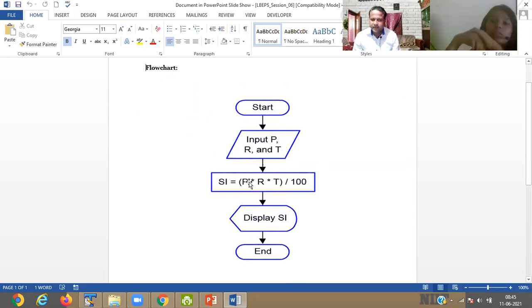Then simple interest equals P into R into T divided by 100. Then display the simple interest, then end. So it is a flow chart: start, input the principal, rate, and time, then simple interest equals P into R into T divided by 100, which provides you the simple interest.